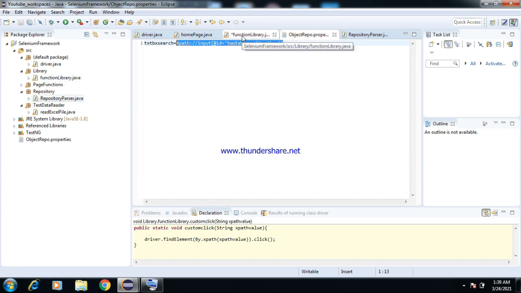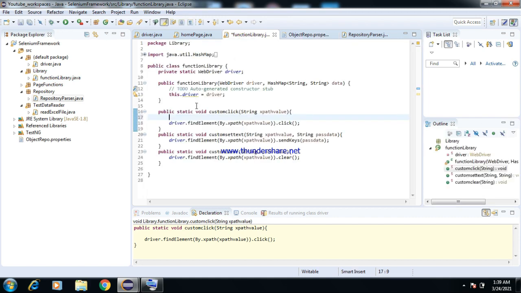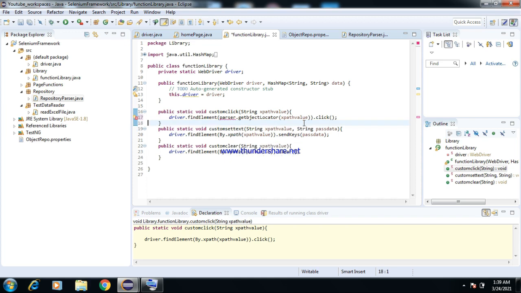And these properties are read by the program, and that will be fed here. After that, I need to change the functional library. So instead of directly using the XPath, I need to pass the code similarly like this. So I'm just replacing this code with this code. So this is going to initiate the properties file and is going to get the data from there.